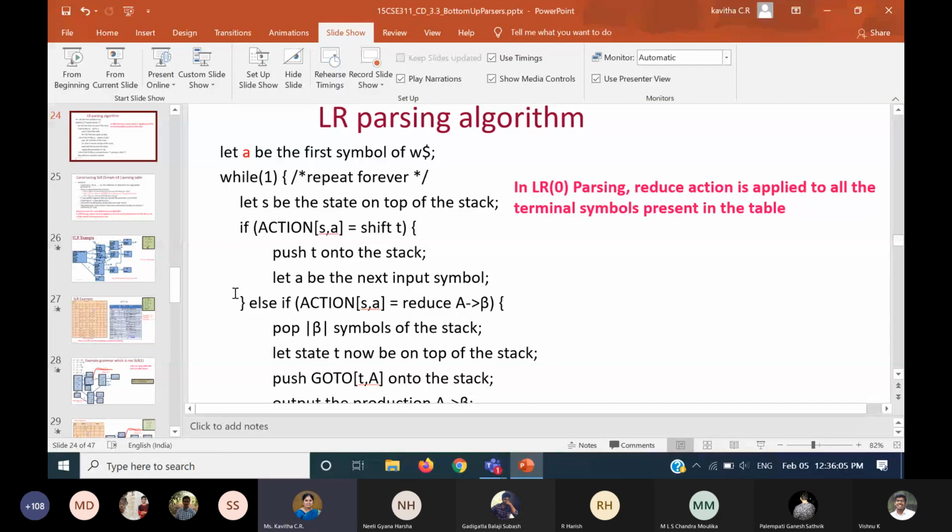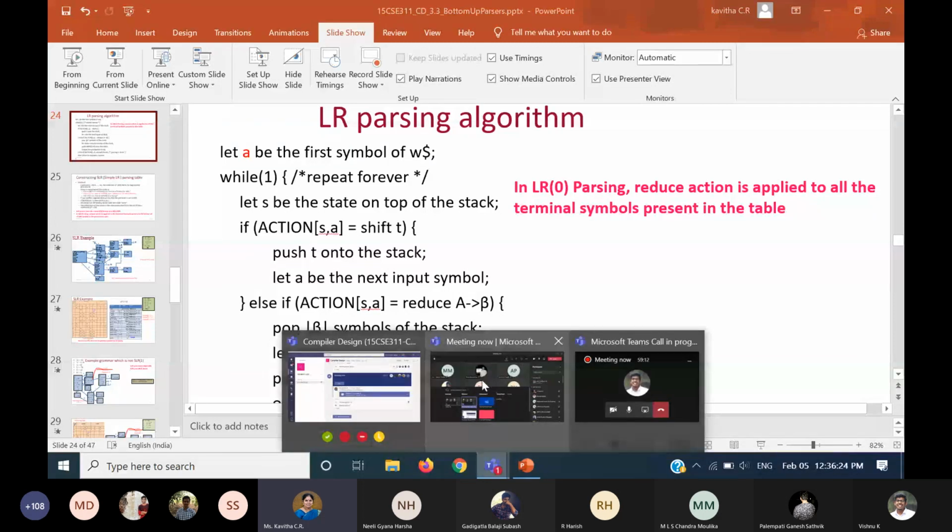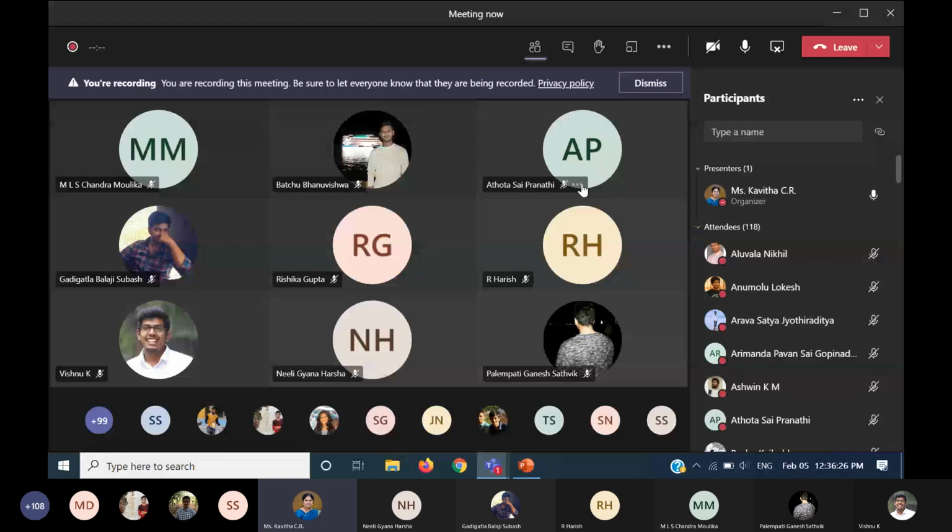So it is not a complete thing. You will have to combine and integrate all these algorithms. The closure algorithm is there separately, goto is there separately, and then managing shift, tracing the stack, all of that are in bits and pieces. You will have to integrate everything, and then it will become a code. So maybe you can try that portion in the lab.